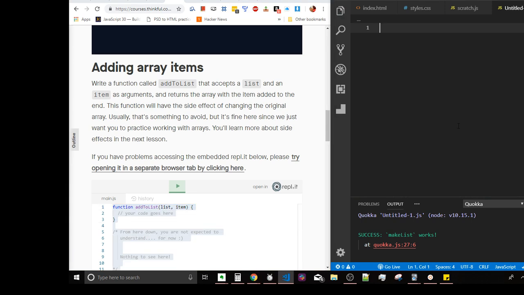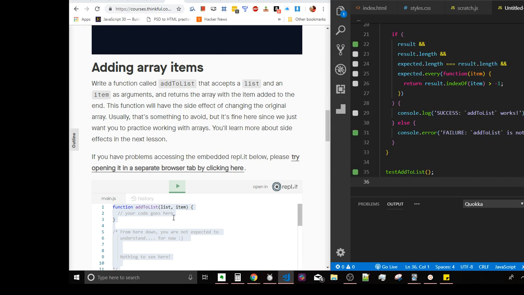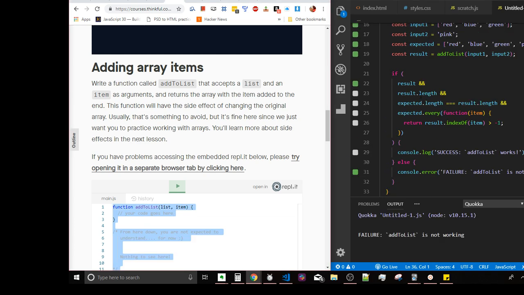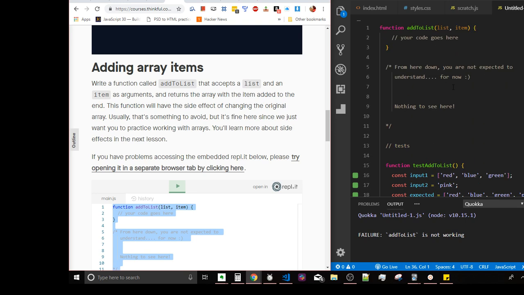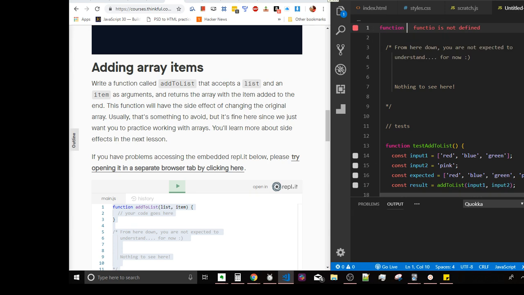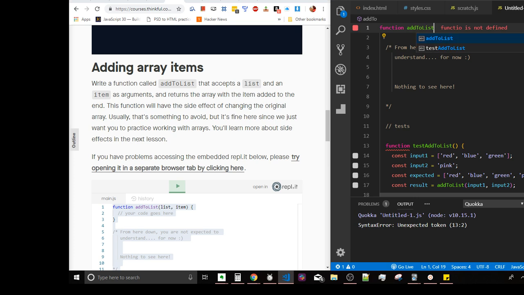So I'm just pasting this in here because it has tests that are built. I don't have to do unit testing, so I don't have to worry about that. I don't have to understand what's down there. So just write a function called addToList, which is this. I can rewrite it myself. Function addToList